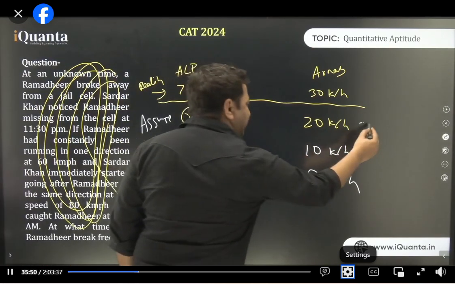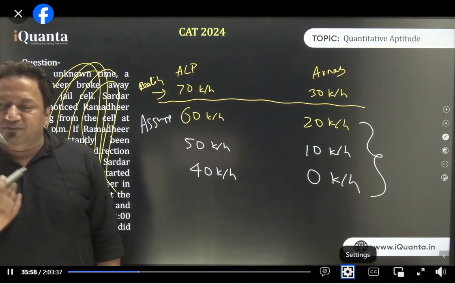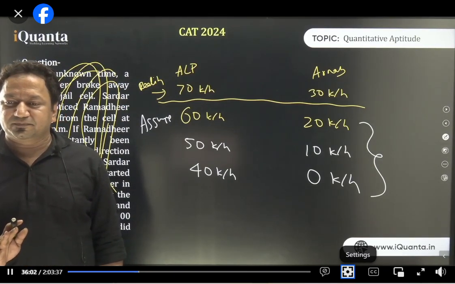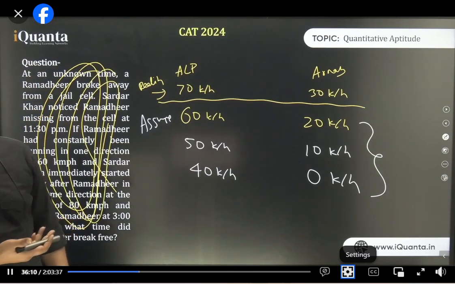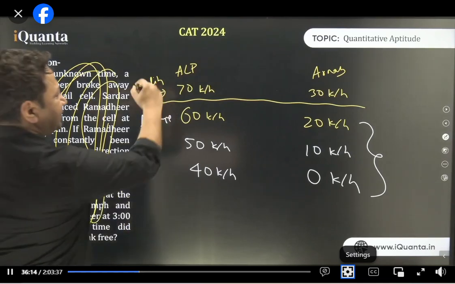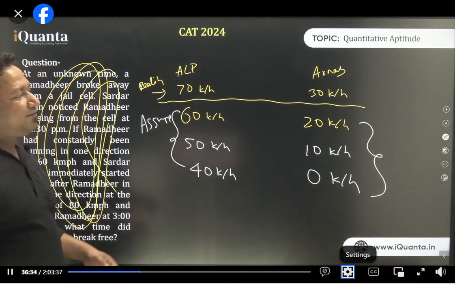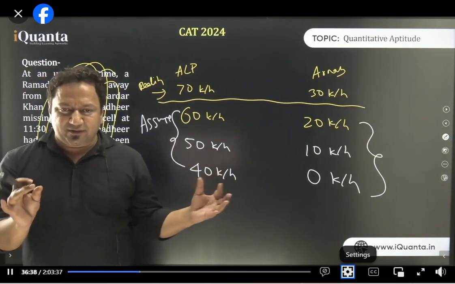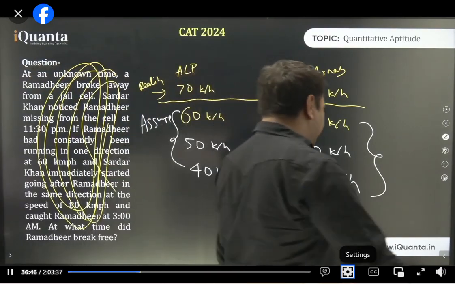This is how we can understand the significance of relative speed. By the way, these three situations are not real, but they make sense mathematically. But that is what we use to make our calculations simple, as in the question about Sardar Khan. It's written above, right? Same direction. I had said same direction. Is it clear now? As they are assumptions, we won't be able to calculate the exact distance, but we'll be able to keep the relative speed constant. This is a concept we can use in a lot of questions, starting now.